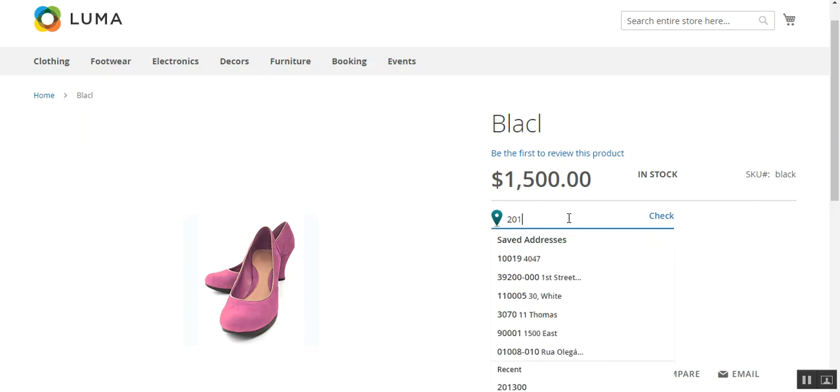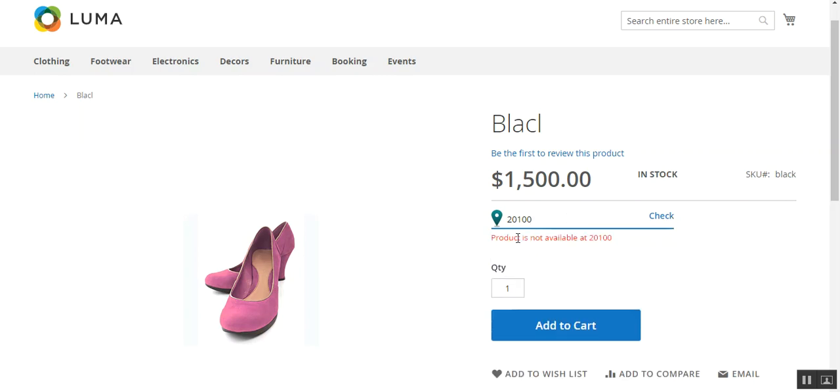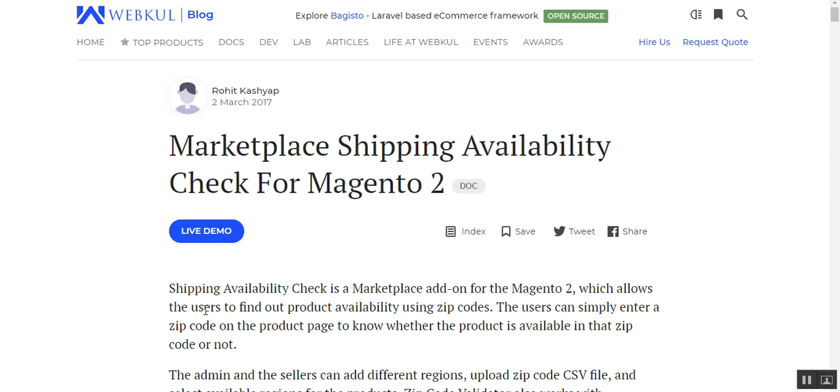And if I make it 201,200 and I tap the check button, here you can see that the product is not available at 201,200. So that was much